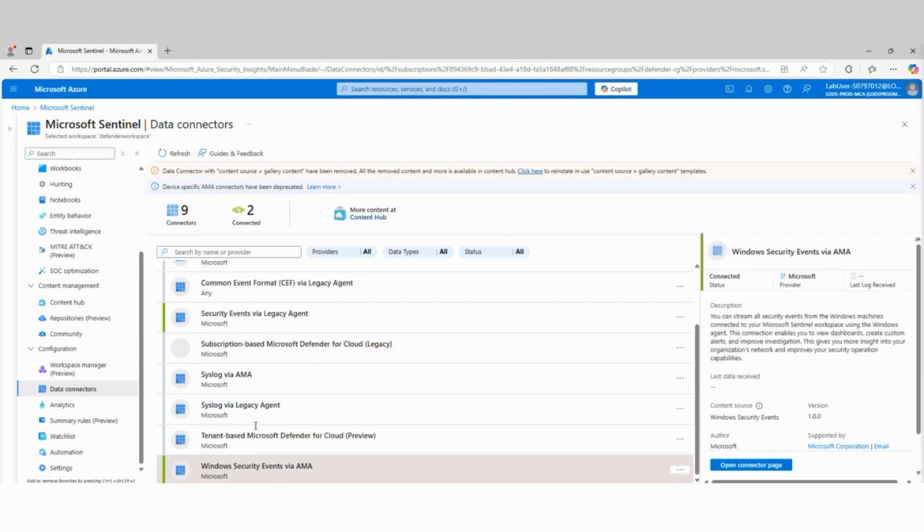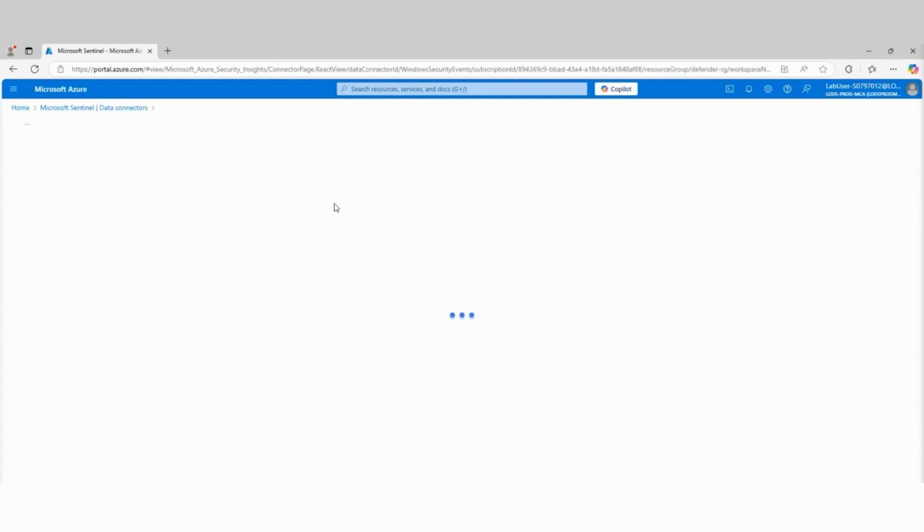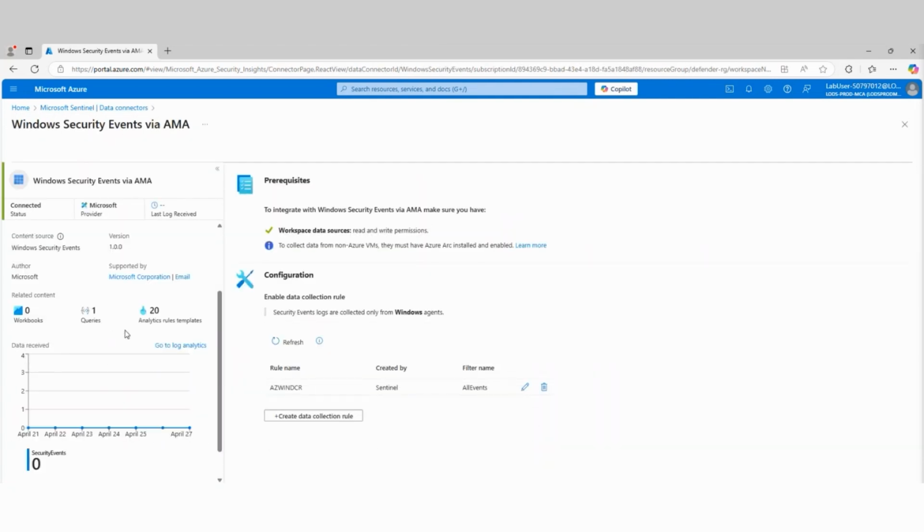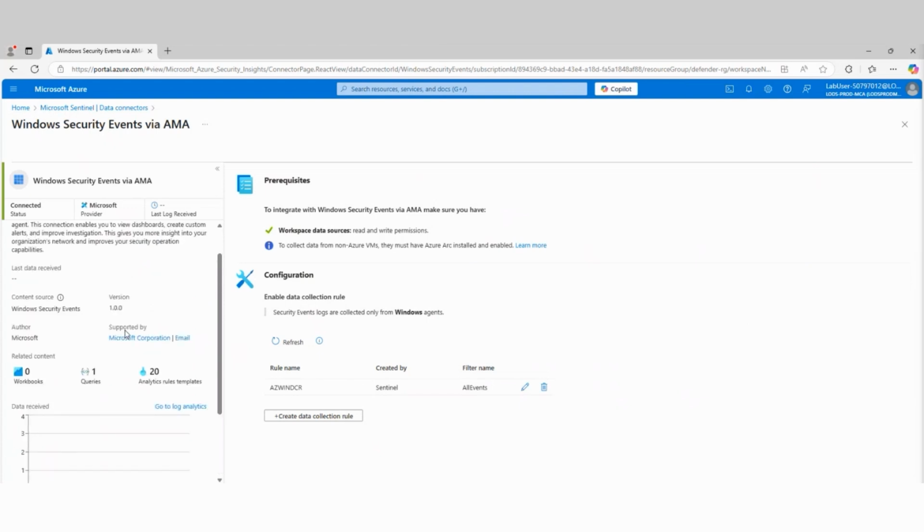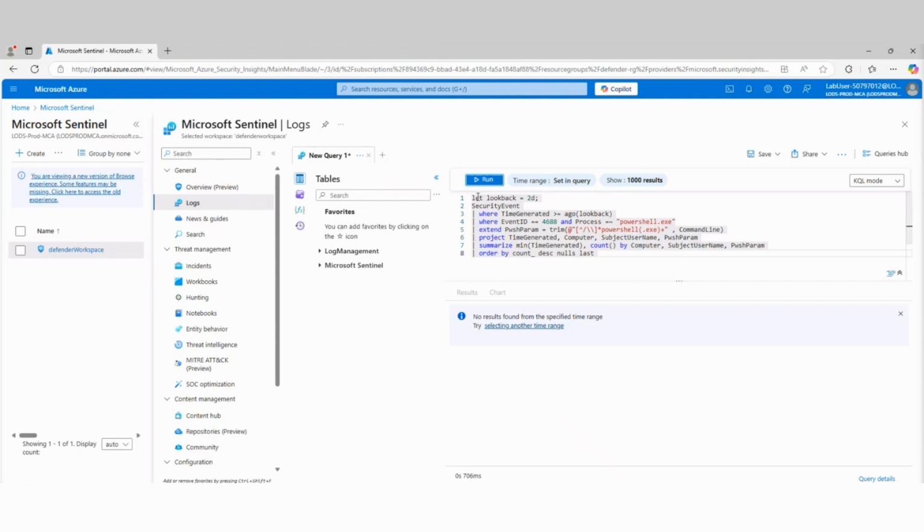And this is something that you definitely want to keep in mind when you're setting these up in production, that it does take time once the connector is enabled for it to show us connected as the status, as well as for data to start being received. We've run the query where we're looking for it. Keep in mind, the connector is up and running, but it could still take a while for the data to show up as part of this process here. So keep that in mind. It could take quite a while for this to show up.